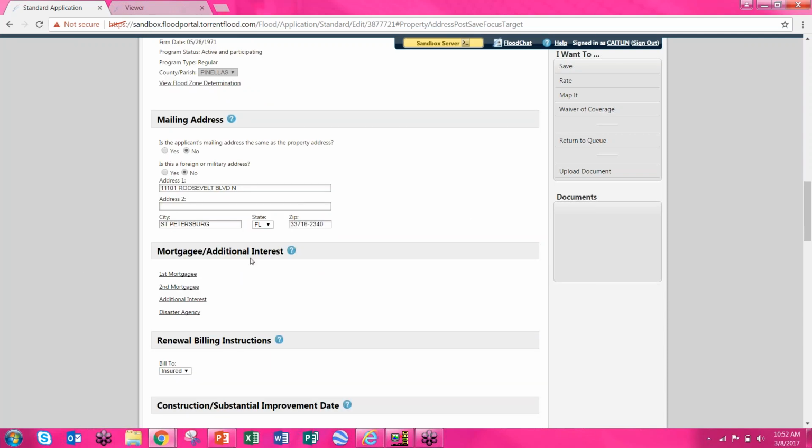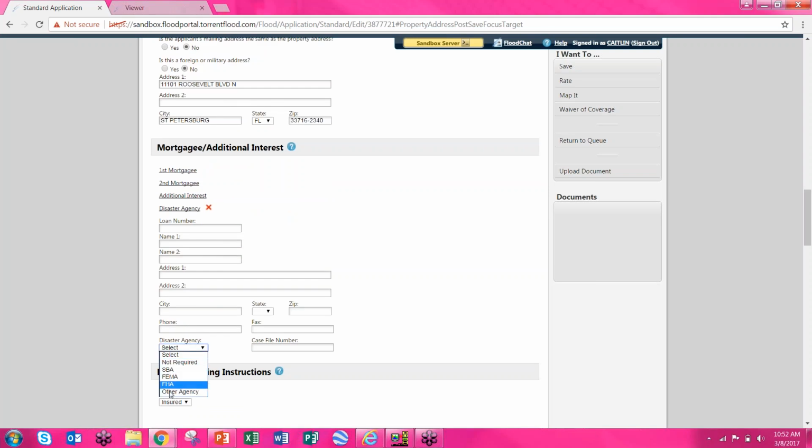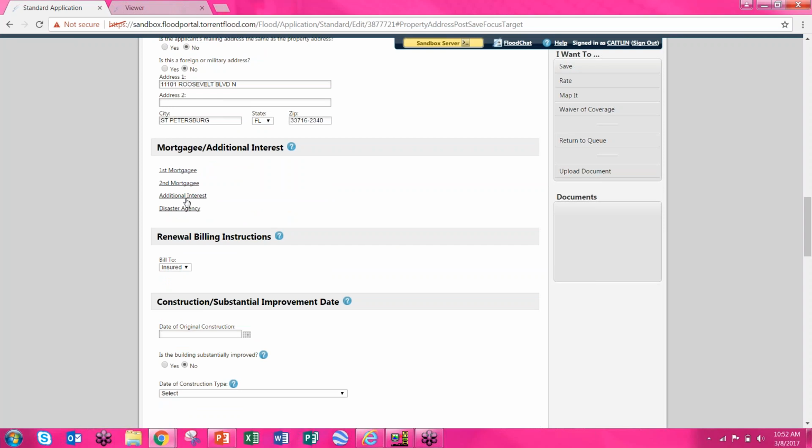The next section we have is the mortgage additional information. As you can see, it allows you spaces for first, second, additional interest, and disaster agency. If this was a disaster agency, you would have to know the disaster agency name and the case file number. If you had a third mortgagee that you were listing, or if there were more additional insureds that need